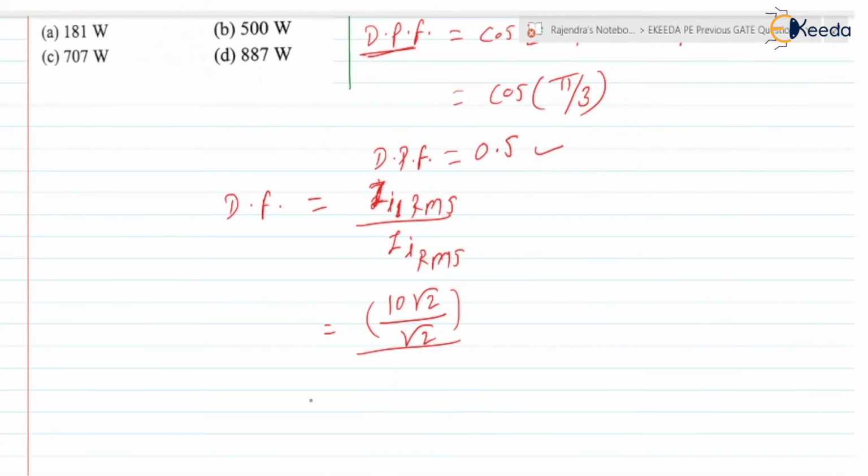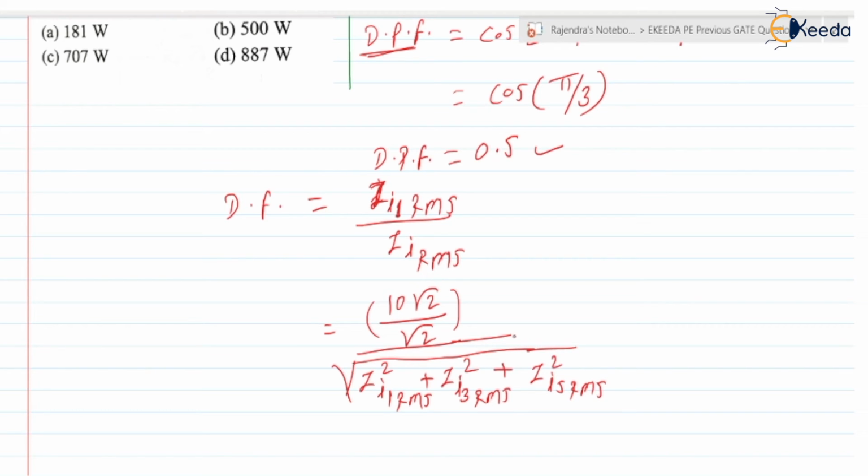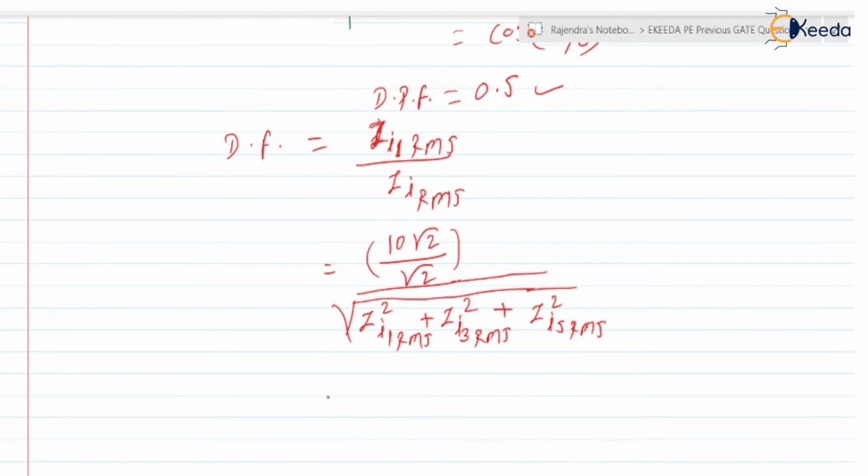So I RMS is nothing but under root I1 RMS square plus I3 RMS square plus I5 RMS square. So we can write it as,